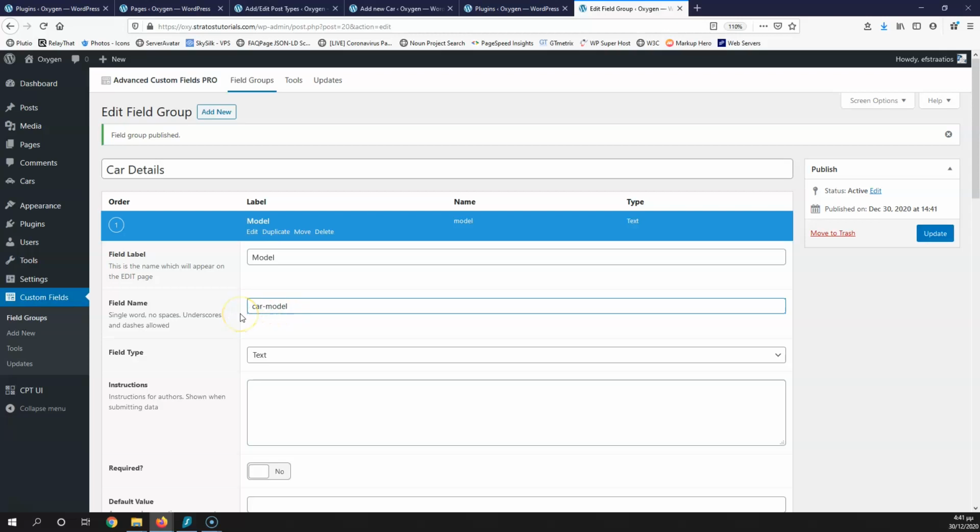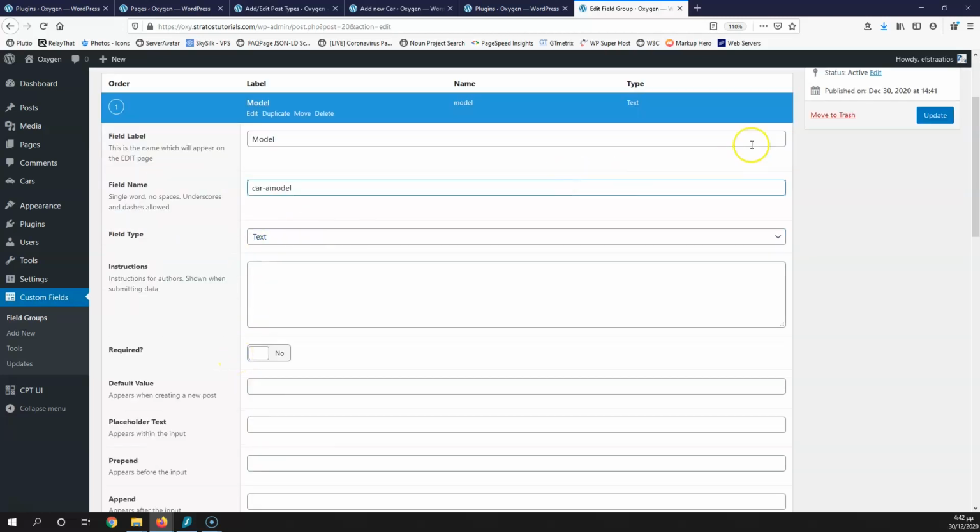In many cases, I have a client that asks me to create another custom post type, and I may need to create something for bikes or something for vans, and I want those to be separate. So if I use here just model, I don't remember if I had this for a car or for a bike or for something else. So I do want to be specific about those. I'm going to leave that as text,